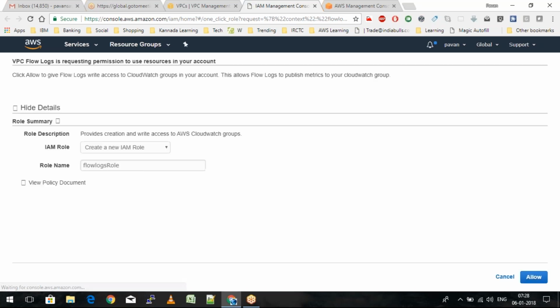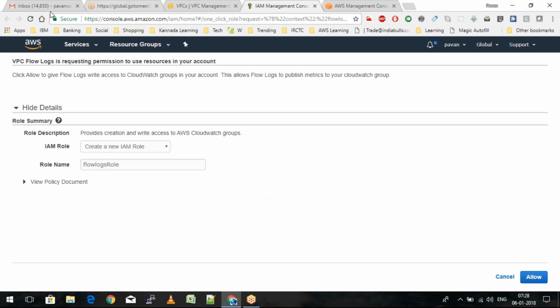Taking a little while to load the page. Okay, there we go. So we have got an automatically opened IAM page where the role has been automatically created.